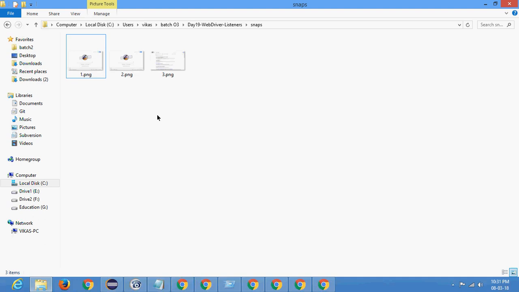So what we learned today is two major topics, that is event firing WebDriver. You can also say WebDriver listeners. WebDriver listeners are automatically called before and after doing some actions on the page. And the second thing we learned is how to capture a snapshot in Selenium WebDriver, and you can have that snapshot for your